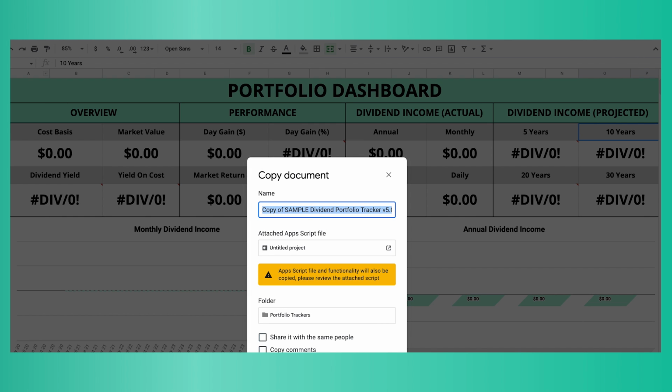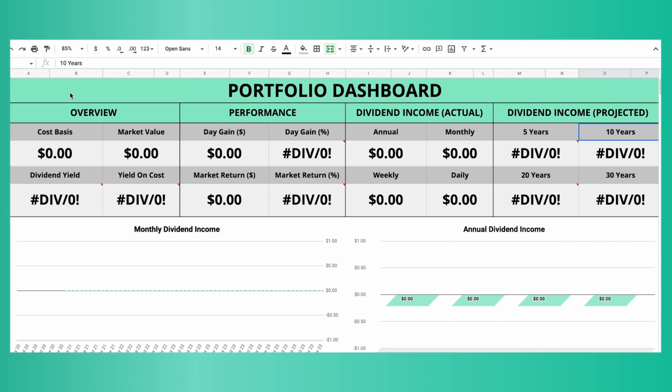I know you guys can't see it on your end, but there's a button that you push that says Make a Copy. And upon doing that, it will create a new version of the spreadsheet, completely blank like the template, and you can start inputting your data. All right, guys, now once a copy of the spreadsheet has been made and we're ready to start inputting data,